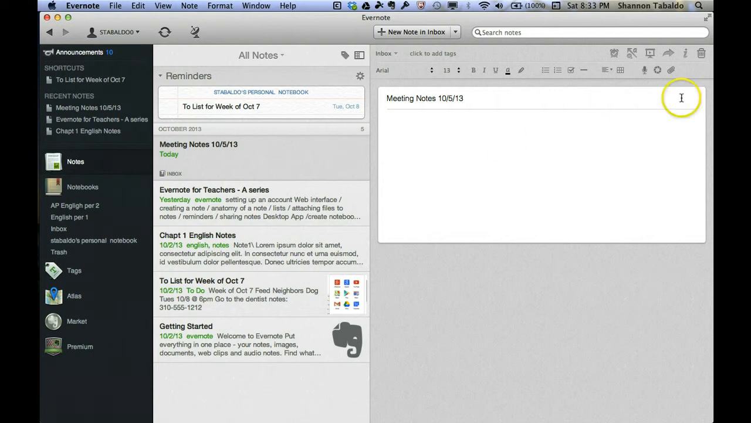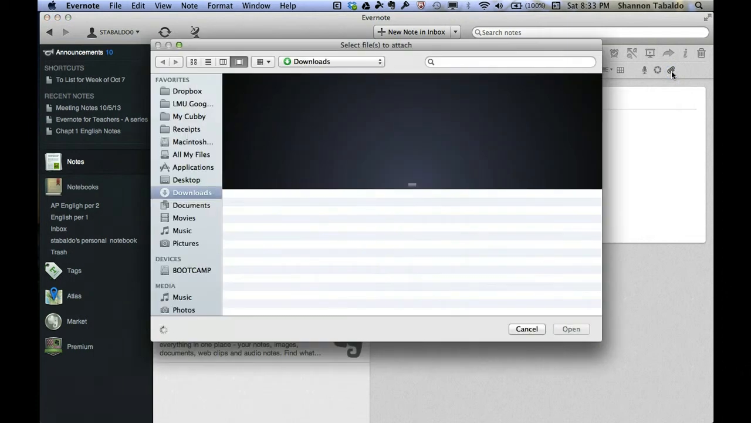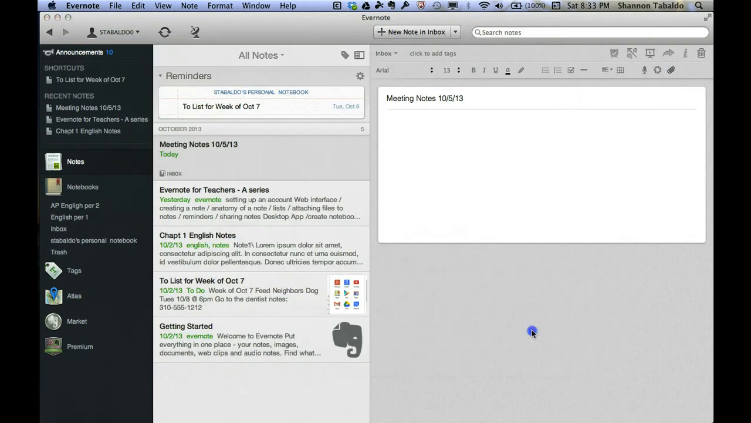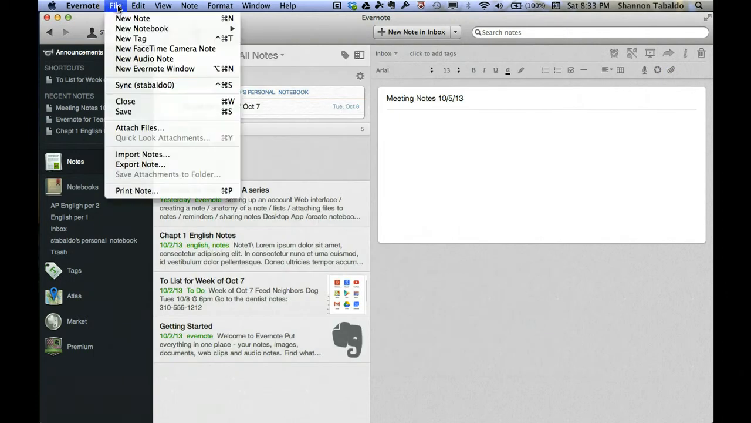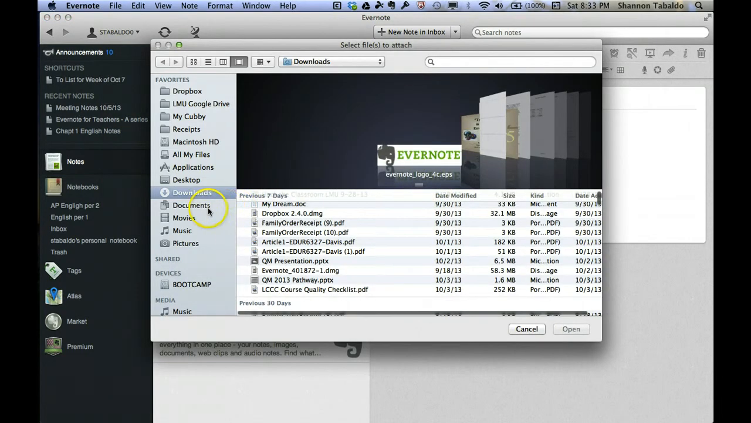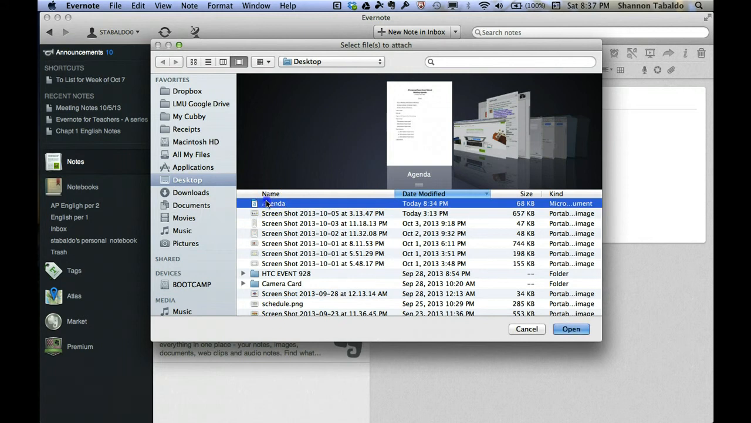to my desktop. So I'm going to go over here to the paperclip where it says attach file. So that's one way I can do it. I can click that and it'll pull up the browser where I can browse. Or I can go to File, Attach Files. Again, remember I'm in the desktop version. So I can attach the file here,